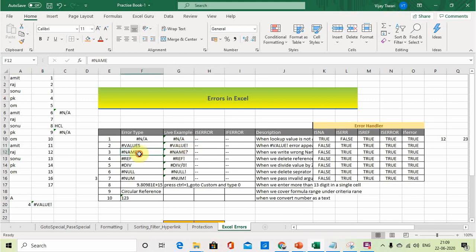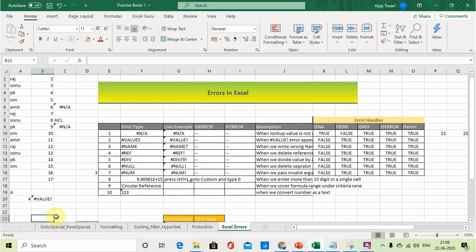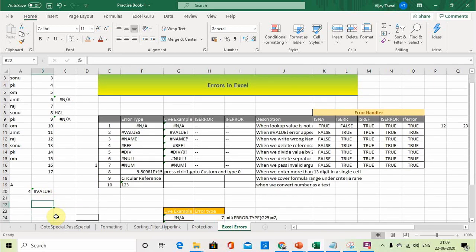Okay, now come to the #NAME? error. When it comes, friends, if you look at this attentively, you will understand that the name suggests the nature of the error. So #NAME? means some issue in the name. Suppose you are typing some formula and you made a spelling mistake in that formula, then the #NAME? error comes.